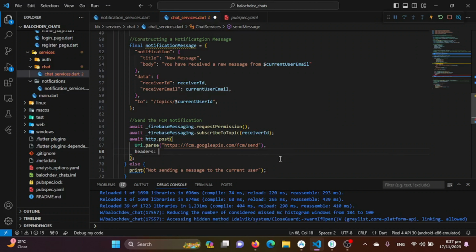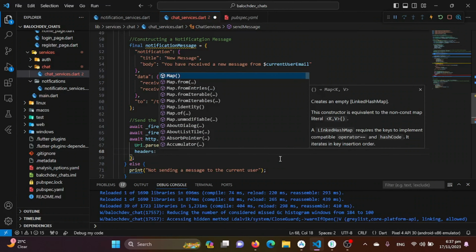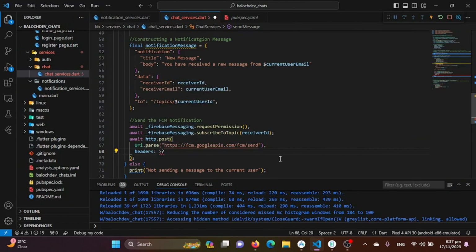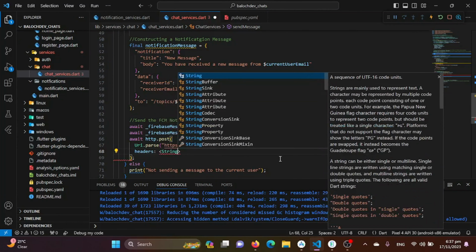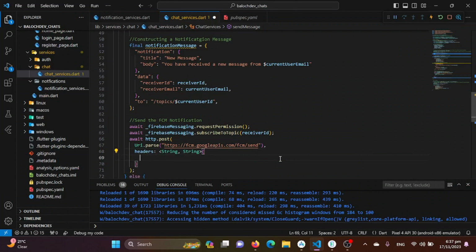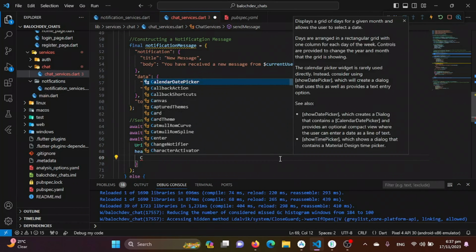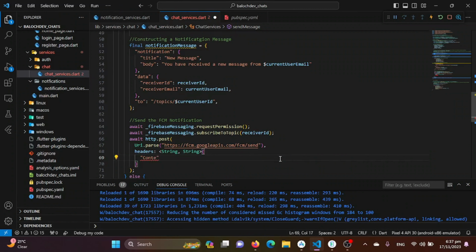So for that we will be just using the header, and the headers will be of type string and string. And now we just need to provide the type, which type of data we are sending to the server. In our case we just need to provide a key and the value for that. So we just use the content type basically. In our case it is application/json,